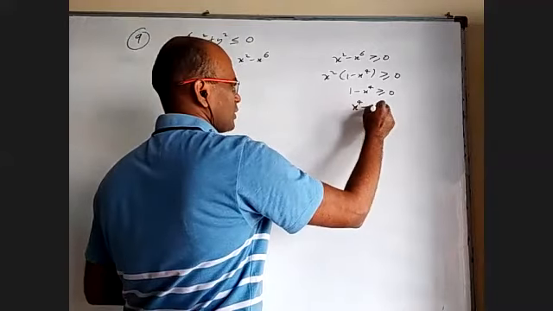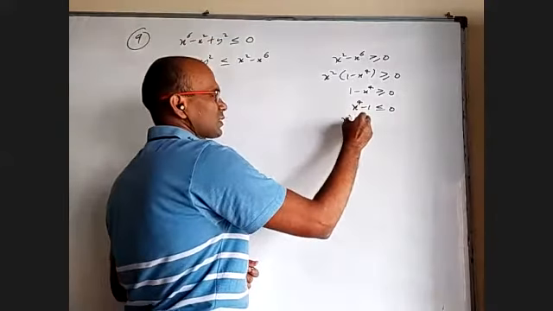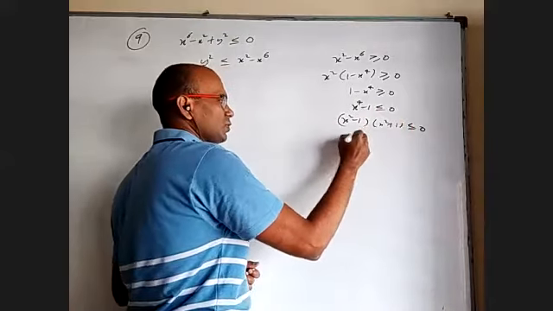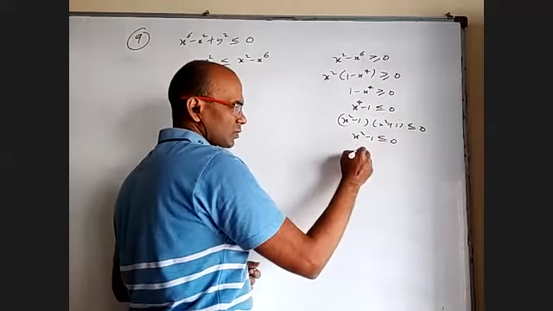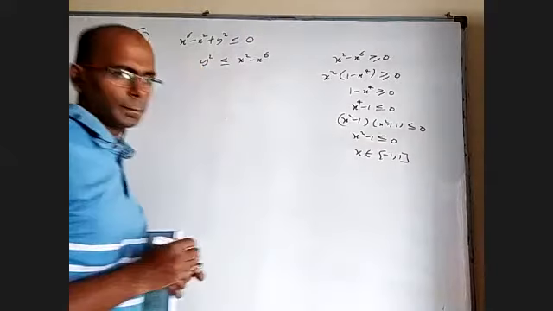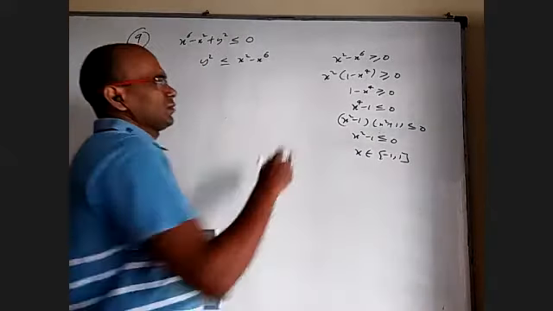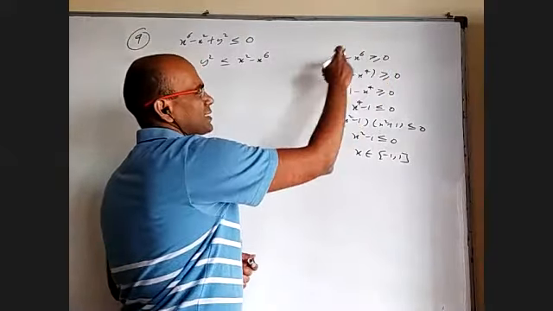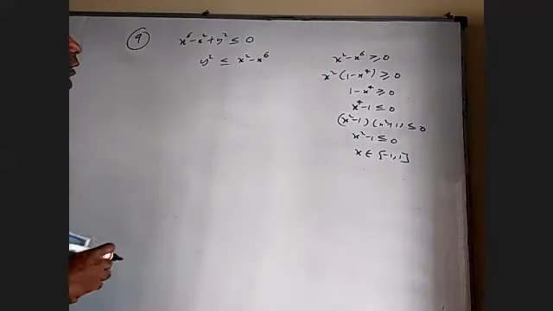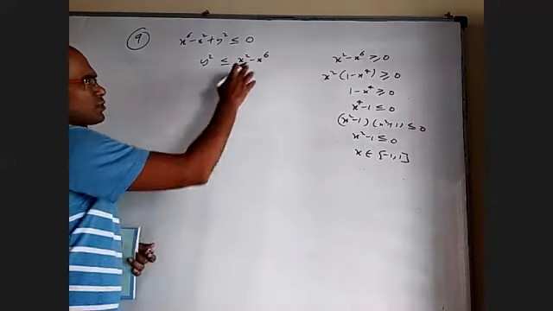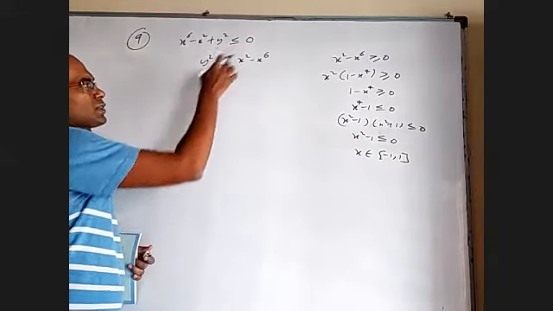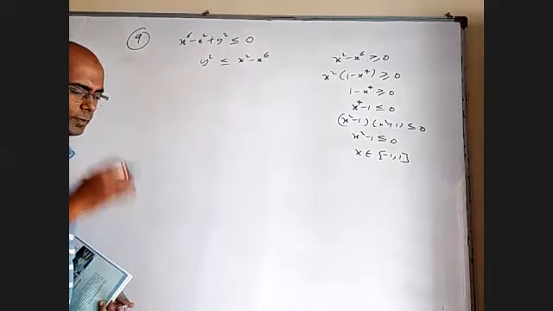x power 4 minus 1 less than or equal to 0. That is again x square minus 1 into x square plus 1 less than or equal to 0. That is also positive. x square minus 1 less than or equal to 0. So x belongs to closed interval minus 1 to 1. If you can say directly, we want x power 6 should be less than x square. It can happen only between 0 to 1 or minus 1 to 1. So when x is more than 1, it will be negative. y square cannot be less than that. When x is less than minus 1, also will be negative. y square cannot be less than that.